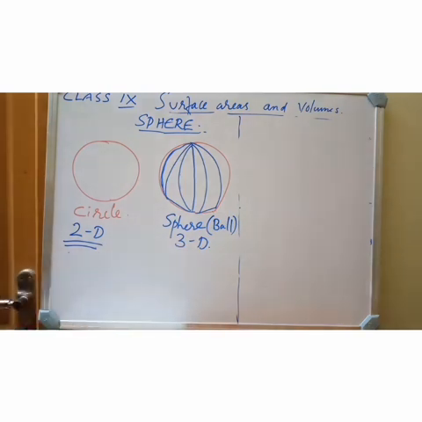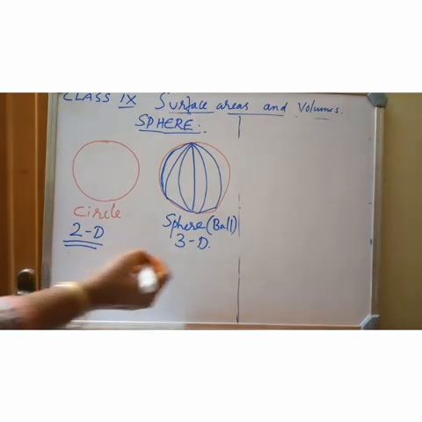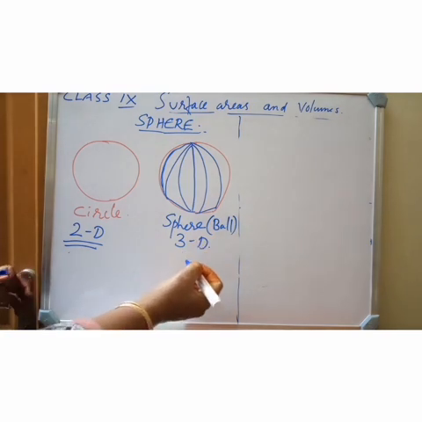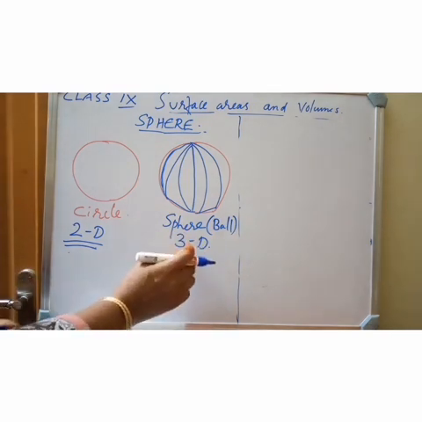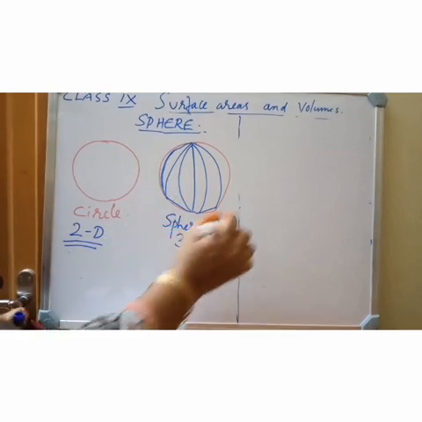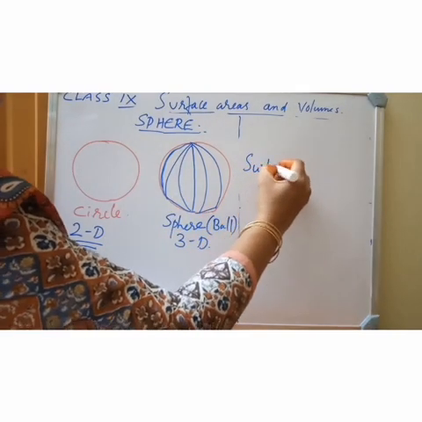In this module we are going to learn about the surface area of a sphere. Since it has no edges and vertices, we can say there is only one surface area for a sphere, no curved surface area. Because it is three-dimensional with no edges and vertices, we do not differentiate between curved surface area and total surface area in the case of a sphere. We simply say the surface area of a sphere.